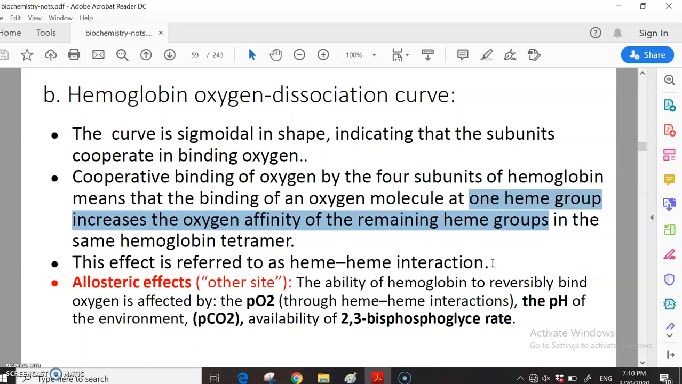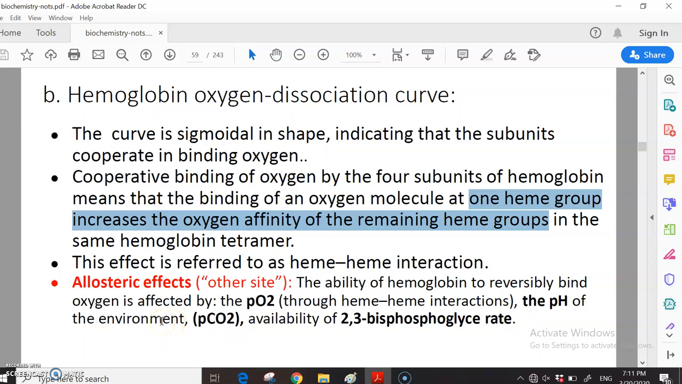Allosteric effects. There are many effects affecting the ability of hemoglobin to reversibly bind oxygen. The first factor is oxygen pressure through heme-heme interaction, and we will find that this effect is directly proportional, as increasing the pressure increases the interaction. The second is the pH of the environment, and it